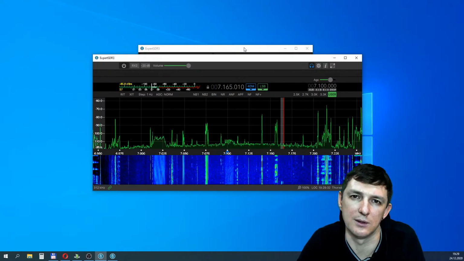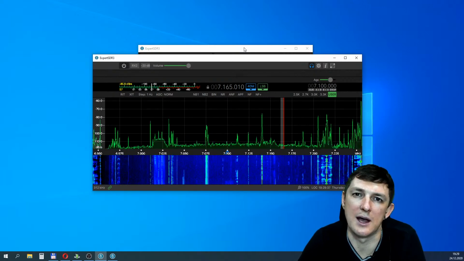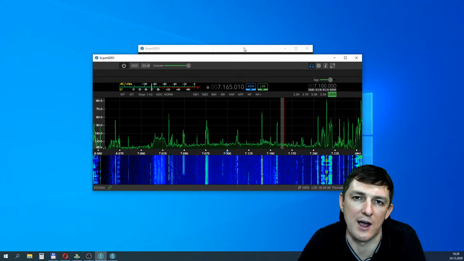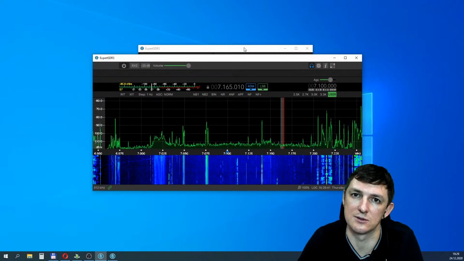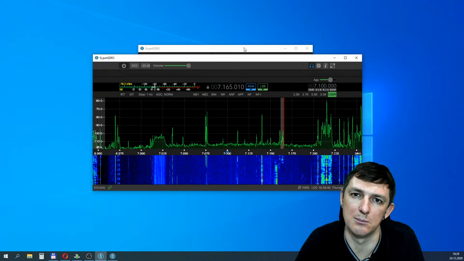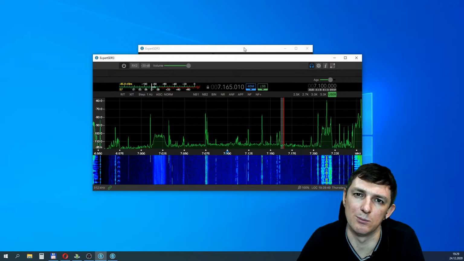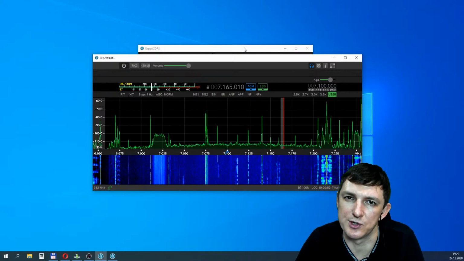If you have higher latency, for example hundreds, maybe 500 milliseconds or a second of delay, the remote control system has a buffer where you can change the buffer size and buffer time.